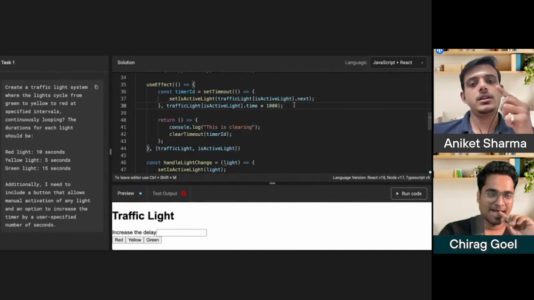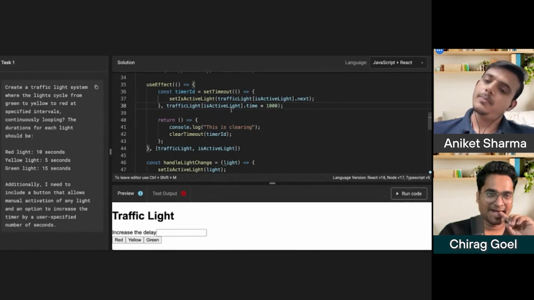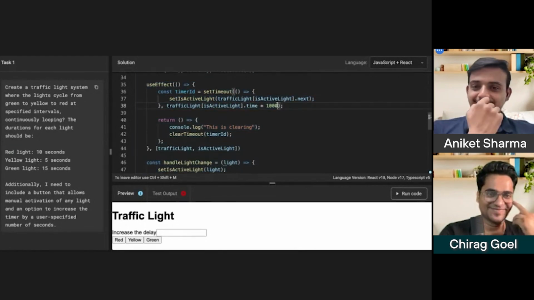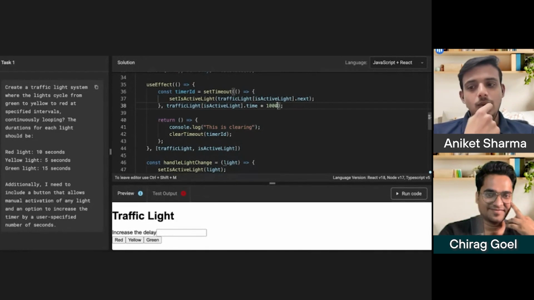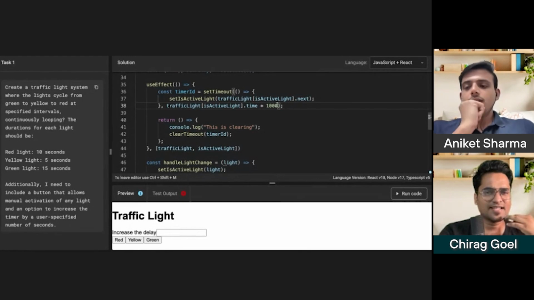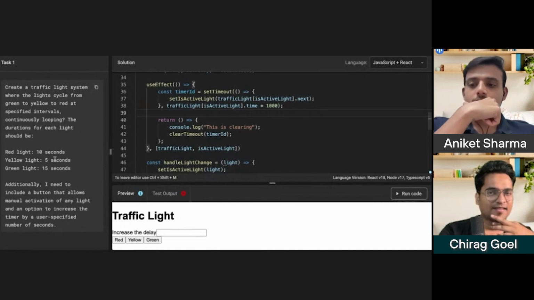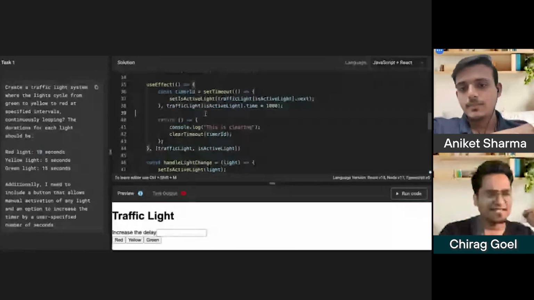So every 10 seconds, 9 seconds. With the set interval, every time it will change the is active light, which we don't want. Why would it always change the is active light? Let's suppose for the red light we need to show red for 10 seconds. You can add a condition, don't you think?